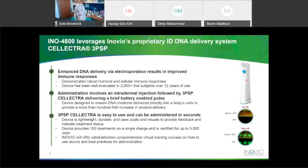The device itself has been evaluated in over 2,000 subjects and has been used for over 12 years. So the device, as I said here, is easy to use. It's a single button press from the perspective of the clinician. You hold it onto the patient's skin, you press the button, and the administration takes really only just a few